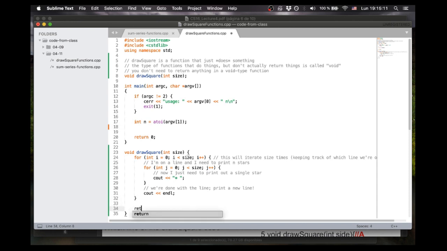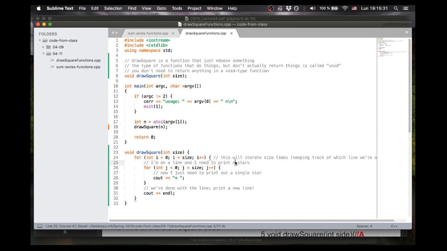You can optionally include this statement right here called return. That's how you can end a void type function early. You don't have to include anything else. You just say return by itself because there's no real value to return. But that's unnecessary here. So now we could just say draw square with n,